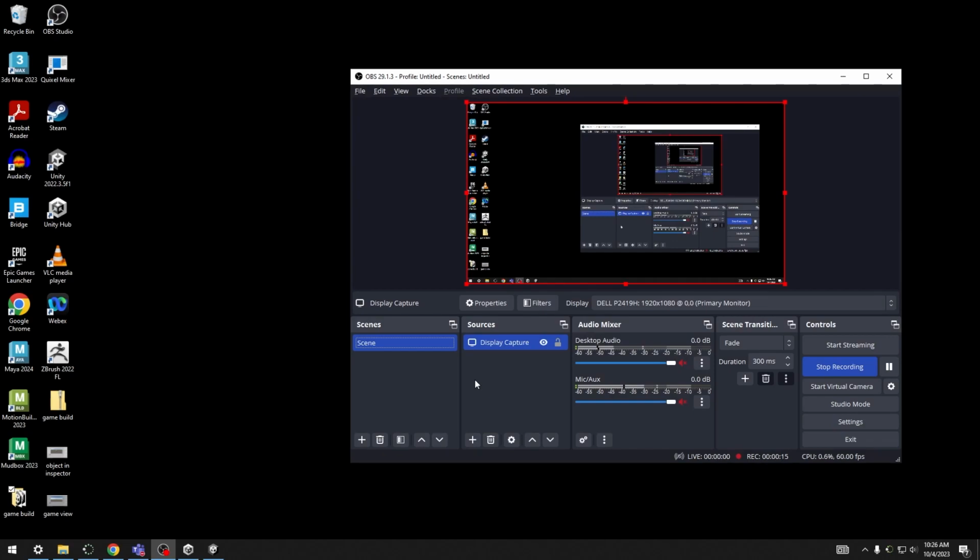Some assignments will require you to upload a narrated walkthrough of your project. First, you need to set up your scene in OBS. Scenes contain different input sources. For these assignments, you will only need one, with a display capture input source, so that it captures your entire